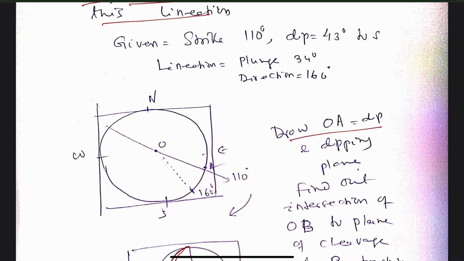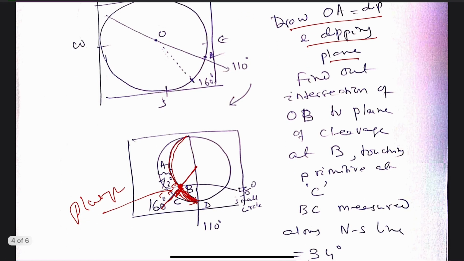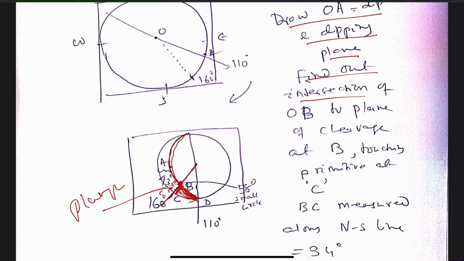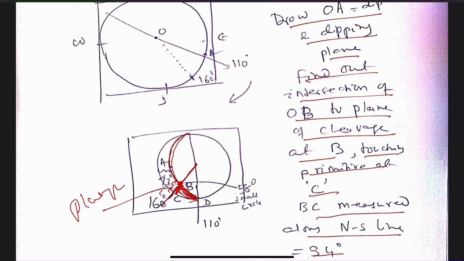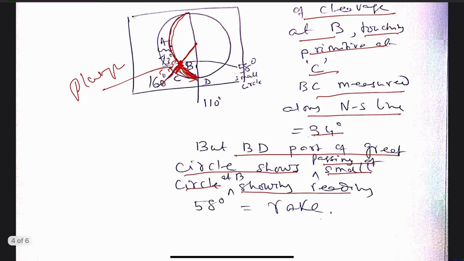Draw OA, dip and dipping plane. The dipping plane has been drawn. Find out the intersection of the OB to the plane of the cleavage at B, touching the primitive at C. So this is the plunging direction. BC measured along north-south line is 34 degree. But BD, part of the great circle showing the passing of the small circle at B, shows reading 58 degree,